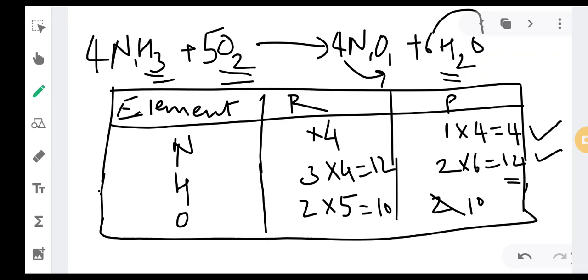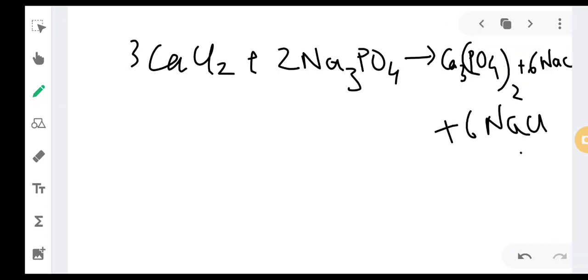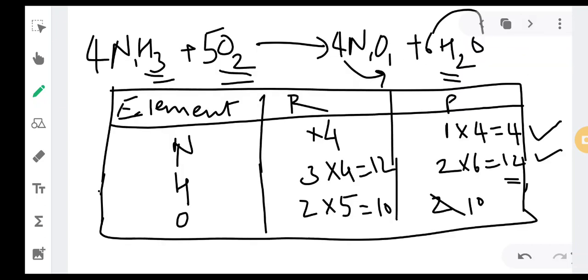Such difficult types of equations don't come. I have just put a slightly tricky question for all of you, so that it will be a challenging job to solve these balancing of chemical equations. Such types of equations won't come, don't worry about it. And even if it comes, you need to increase the numbers you are putting. If you are putting 2 or 3, then increase it to 4, 5, 6. Whenever you increase the numbers, you will try to balance the full chemical equation properly.